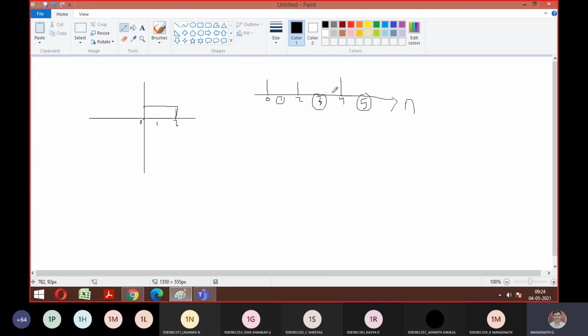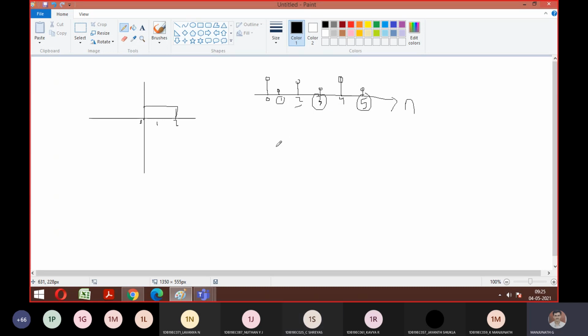If the signal exists only for 0, 2 and 4, we need to worry only about these samples. If the samples were mentioned for 1, 3 and 5 with some value, then you have to take care of that also. Is it clear with both? Sir, when we scale the odd numbers also, should we write 0.5, 1.5 in discrete? Yes, yes. Whatever things we have, we are dividing by 2, correct? Whatever things we have, we are multiplying by 2. So irrespective of odd or even numbers, we have to consider.